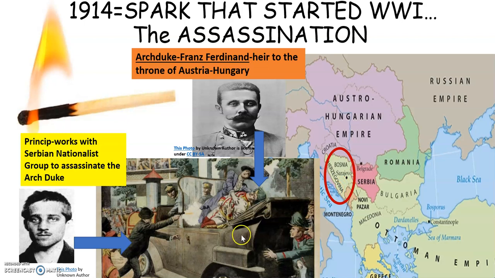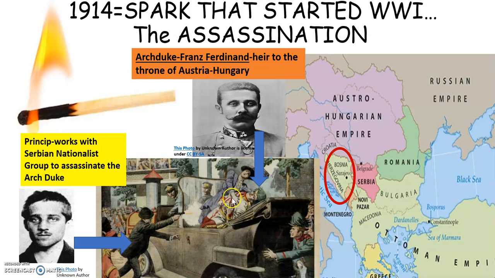they're in this motorcade. There is a group called the Black Hand, and we've got this lovely Serbian nationalist Princip who is working with the Black Hand. They're basically a terrorist group, and they plan out and scheme a plot to assassinate the Archduke, and that's exactly what they do. In this motorcade that goes through the city,